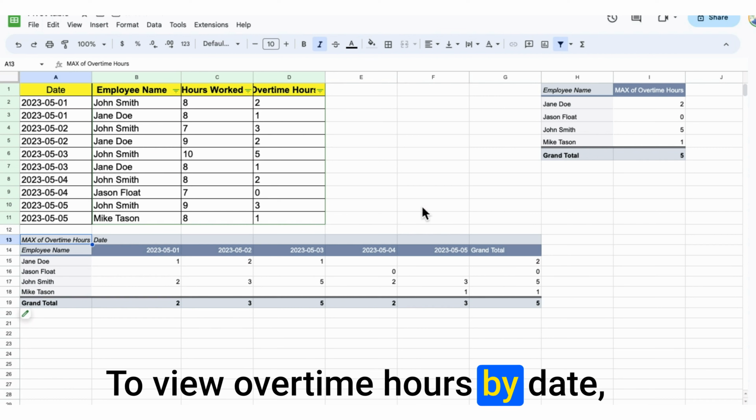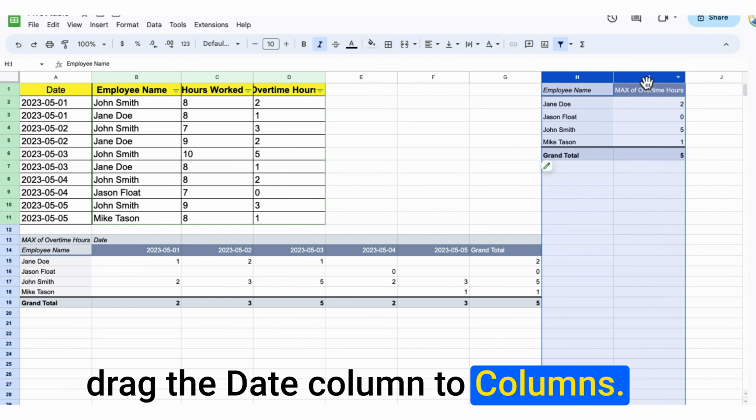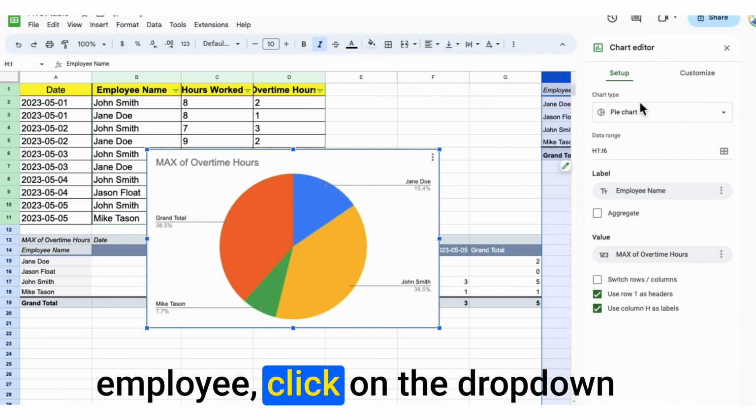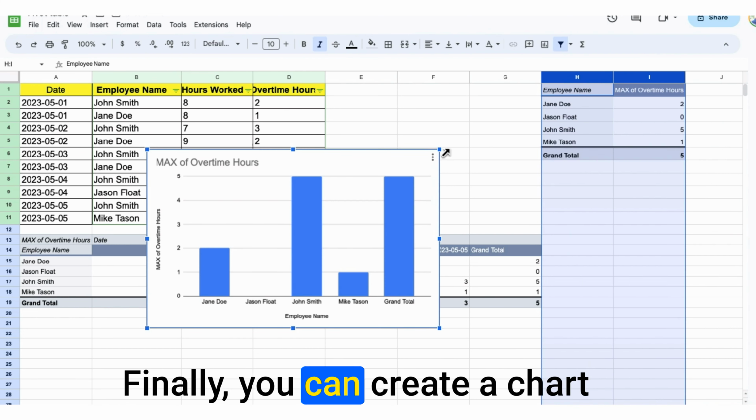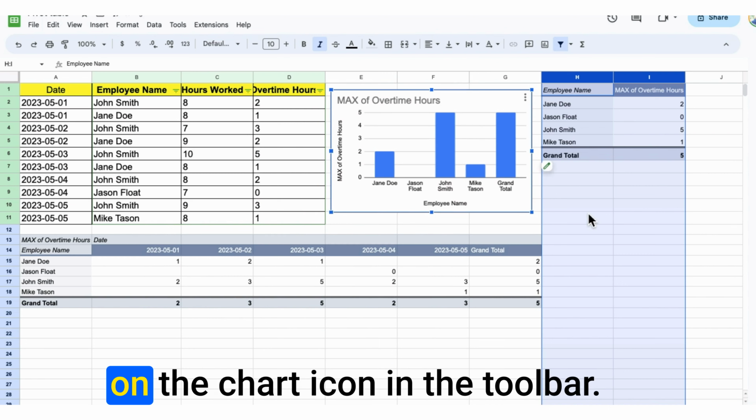To view overtime hours by date, drag the date column to columns. To filter the pivot table by employee, click on the drop-down menu next to rows and select the employee you want to view. Finally, you can create a chart from the pivot table by clicking on the chart icon in